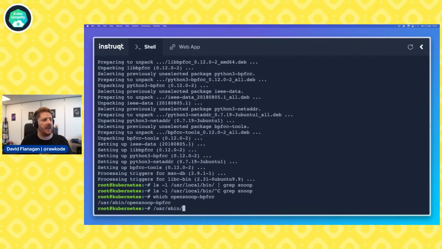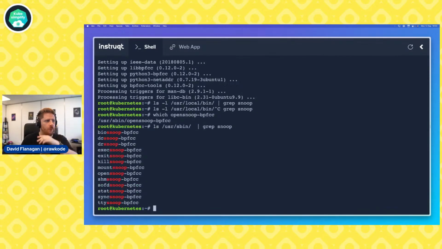We can then do /usr/sbin ls and grep for snoop. Now, why am I grepping for snoop? Because bpfcc-tools is a set of eBPF programs that allow you to interact with the kernel to pull stuff back out. Not all the snoops are actually listed here, so they must live in multiple locations, but I'm going to cover a few of them anyway.